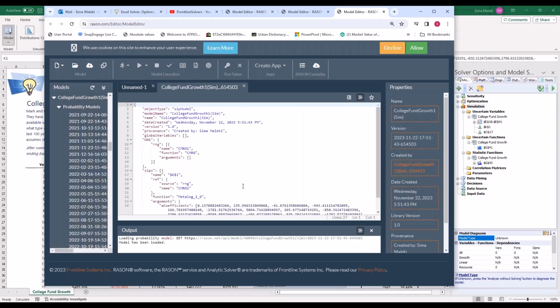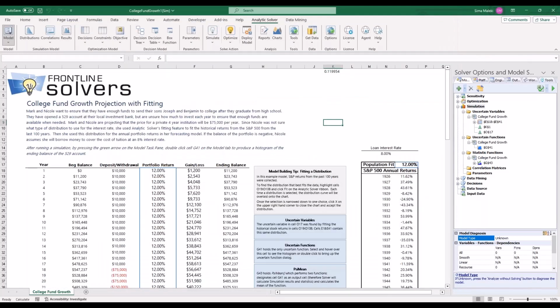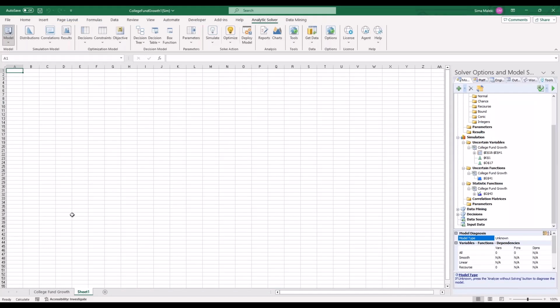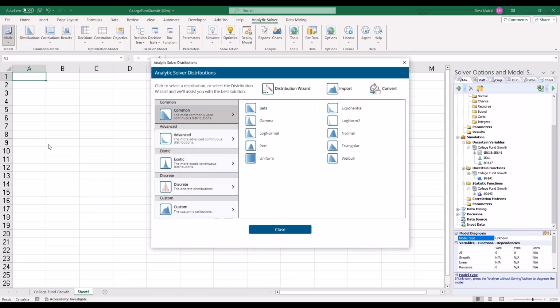Okay, here's the mathematical distribution with all the coefficients. Okay, it is sitting on Rayson server under your account. Now, imagine someone wants to create a new model and they want to access this metalog distribution that you have posted to server. Let's go to distribution, click on import,